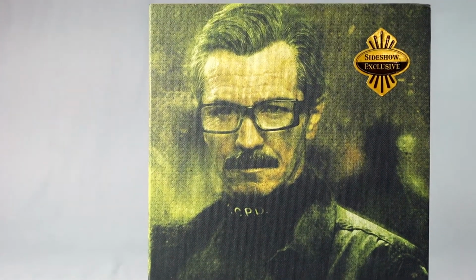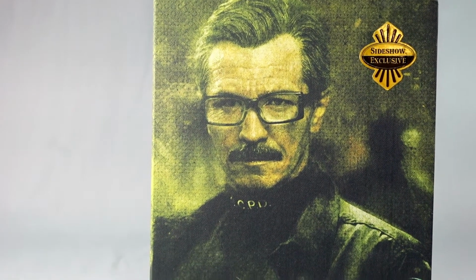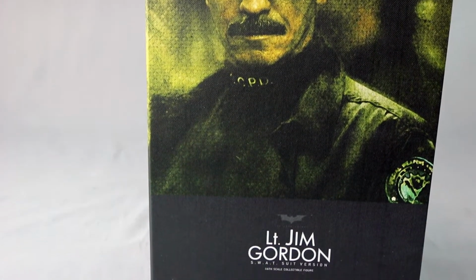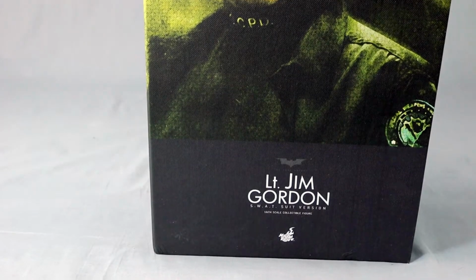This came out a while back, I believe 2012, maybe 2011. I'm not sure. But this is the time where exclusive meant something, where they were really exclusive. Nowadays, exclusive means it's not even a limited run. It's just that it has something in there. I know that every year there's a Toy Fair exclusive, but this one really feels like one because the box